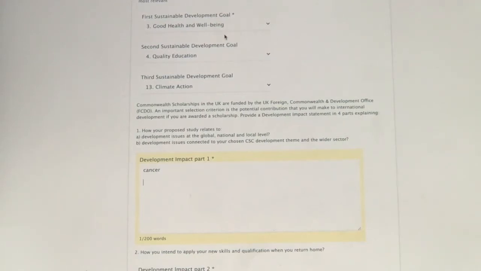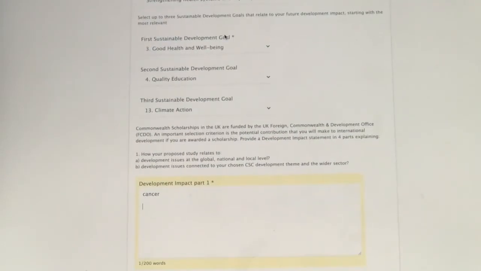And then you can also think about how it affects the development of other sectors, for example, education. In that way, you're relating your cancer studies to education, and you can say that it's reducing the budget for other sectors like education and maybe environmental protection and maybe human rights, something like that.